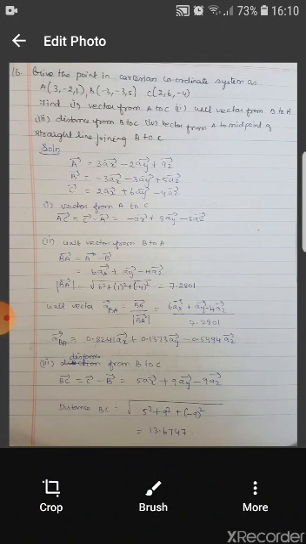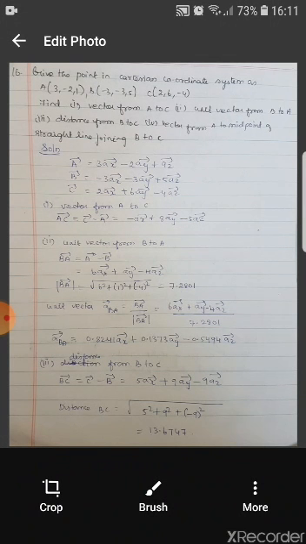And next you are asked to find the unit vector. Your unit vector is equal to BA vector divided by the magnitude of BA vector. So that is equal to 6ax plus ay minus 4az divided by 7.2801, which will be equal to 0.8242 ax plus 0.1374 ay minus 0.5494 az.